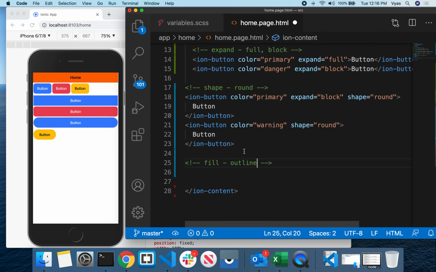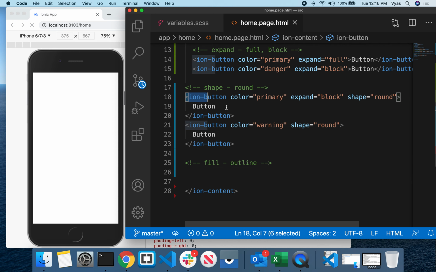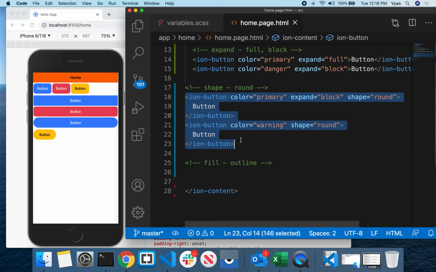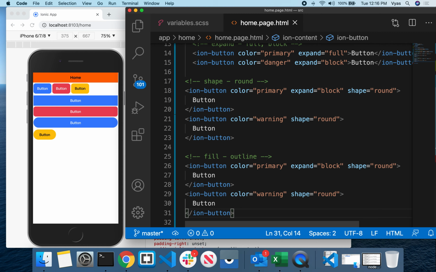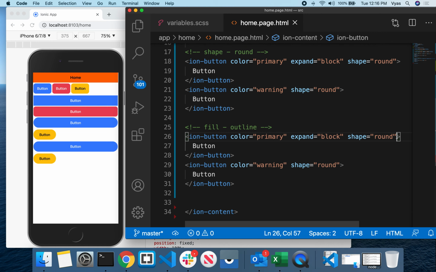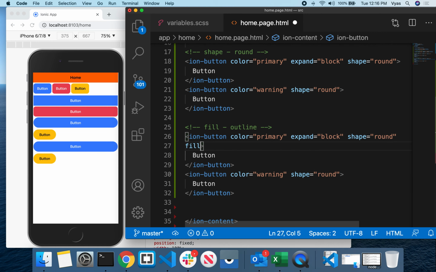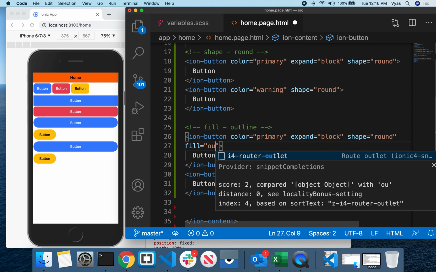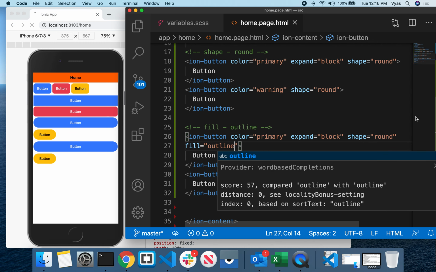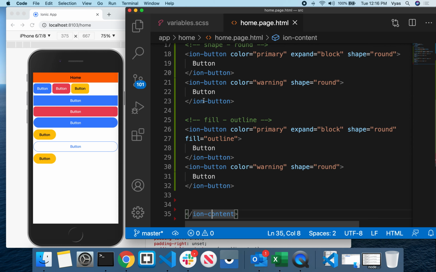You can use one attribute that is fill equals to outline. So for the same buttons, I can use the properties. Simply I can add here fill equals to outline, and here also write fill equals to outline.